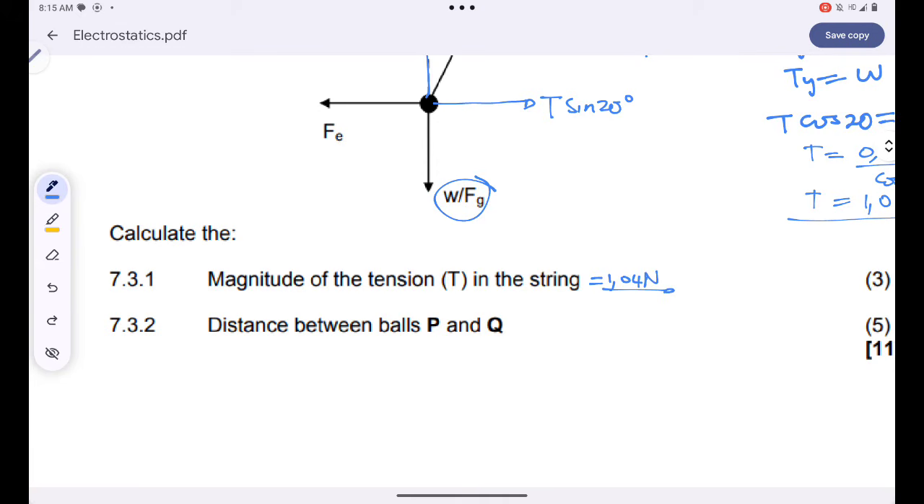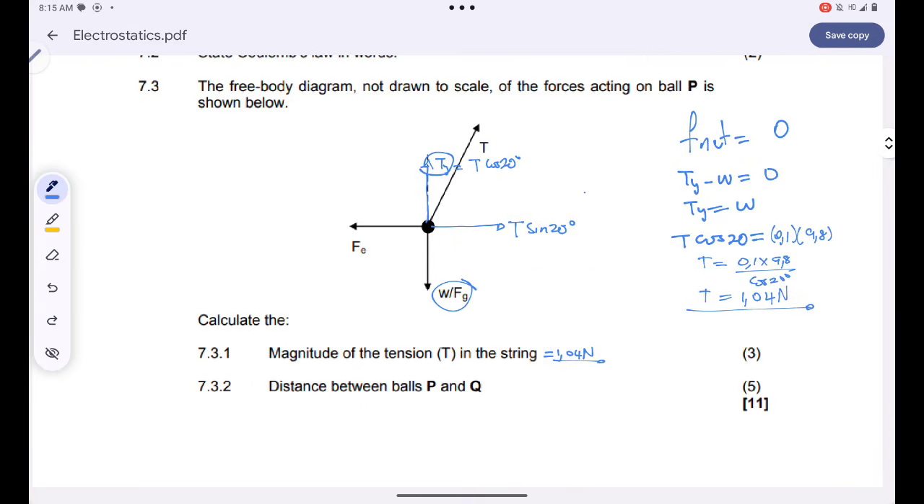So now they want me to calculate the distance between balls P and Q. For me to calculate the distance, guys, I must know the magnitude of the electrostatic force. But since the two balls are stationary, guys, or rather, since my sphere P is stationary, it simply means that the horizontal component is equal to the electrostatic